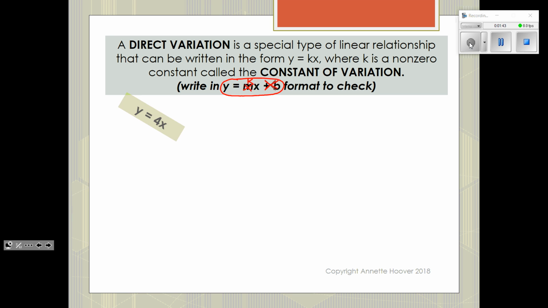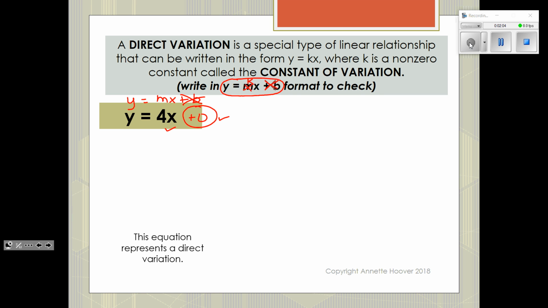So let's just look at some equations here and see if they would be an example of direct variation. Remember, y equals mx plus b. So we don't want a y-intercept, which would be right here. Notice it's not there, so that means that's a plus 0, so that's good. And there is a slope, so this is an example of direct variation. It's an equation with a y-intercept of 0 with a constant slope. If we look at the next one,